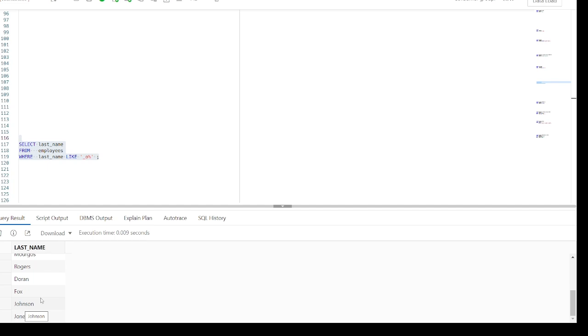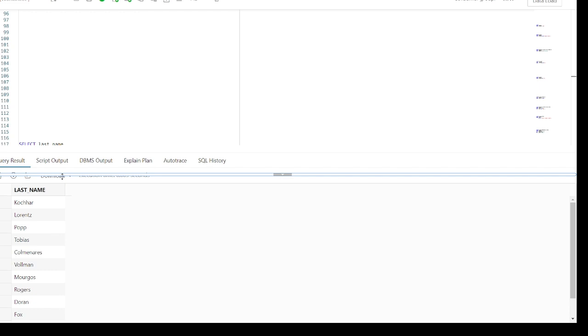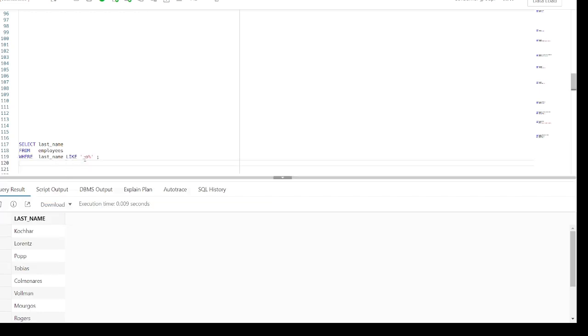The underscore symbol represents any single character. As you can see in the result set, we have K followed by O, L followed by O, P followed by O. So the underscore means any character, followed by O, which is followed by any sequence of 0 or more characters. Okay, so this is how we use the wildcard characters.